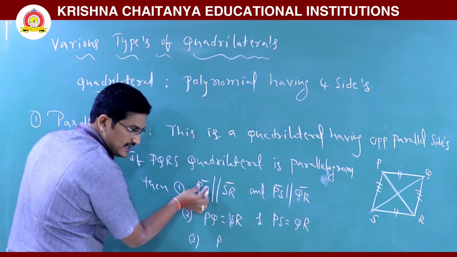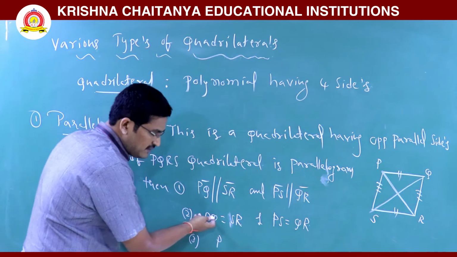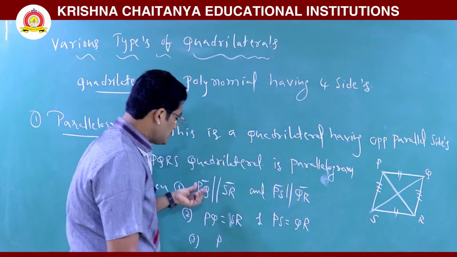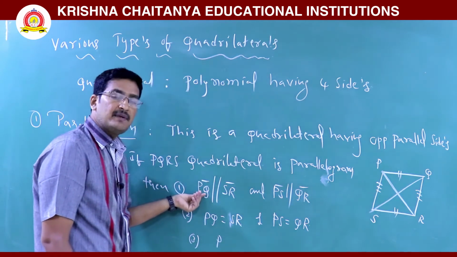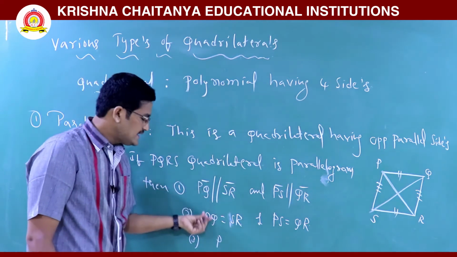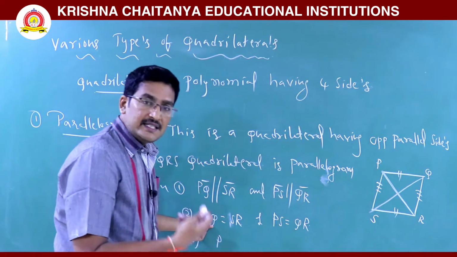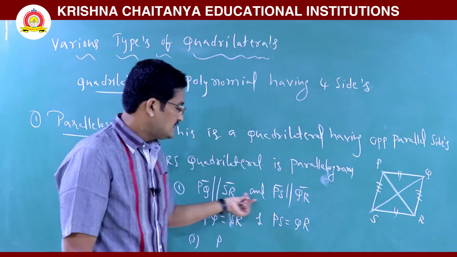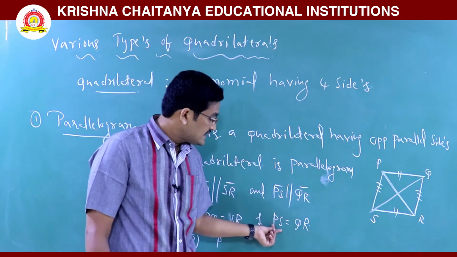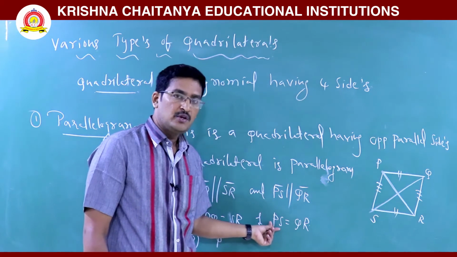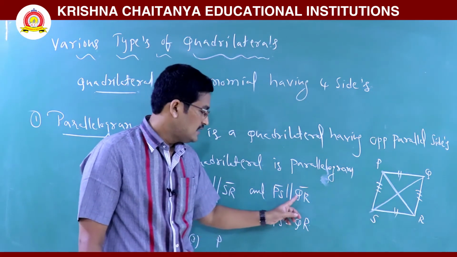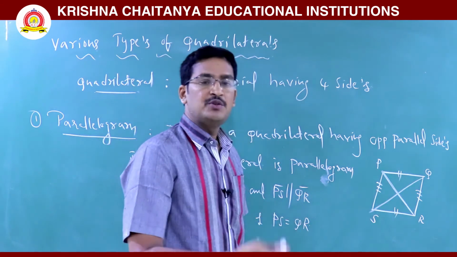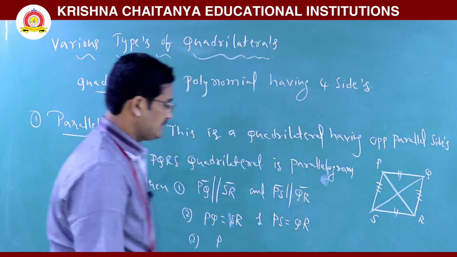This is a line. PQ bar is a line joining P and Q. This is line PQ. This is distance PQ. Just you have to remember, PQ bar represents a line segment joining P and Q. PQ means the distance between P and Q, the distance between S and R. This is a line segment joining S and R. This is a line segment joining P and S. This is the distance between P and S. Okay, mathematical notations these are. QR bar, the line segment joining Q and R. QR, the distance between Q and R. You have to remember all of this.